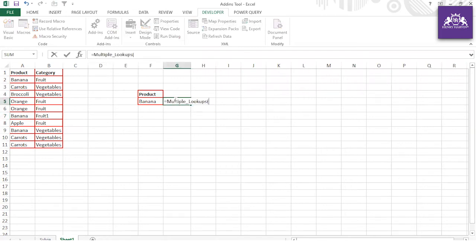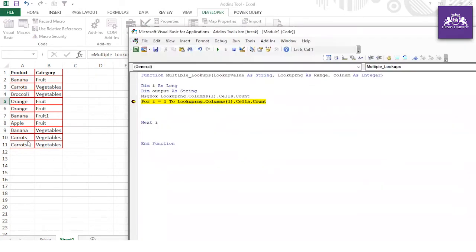Now you can see the formula is visible, and this is the value which we are looking for, and maybe column 2, or maybe column 1. The result is 10. What is 10? 10 is nothing but the number of rows. So now just remove this, and we have to put one more condition over there.